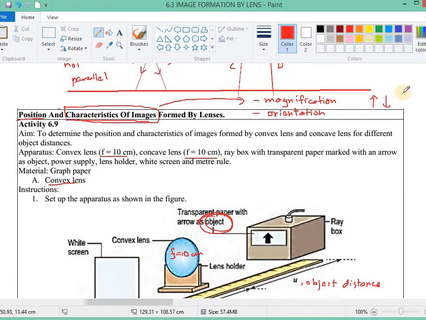So for example, if the object is like this, laterally inverted means it becomes like this. The image becomes like this, so it's laterally inverted. Okay, get the idea. So if this is the object, the image becomes like this. This is called laterally inverted. This is upright, this is inverted. So that is orientation, and then the third one is the